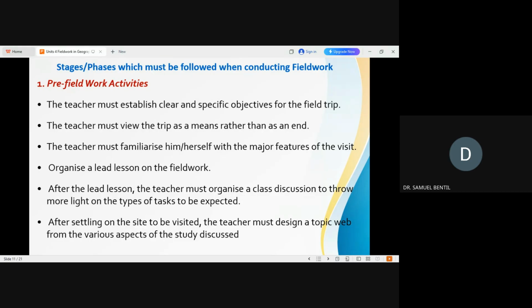The first one in the pre-fieldwork activities is that the teacher must establish clear and specific objectives for the fieldwork. And the teacher must also view the trip as a means rather than an end in itself. So what we are trying to say is that the fieldwork activity you are going for should be seen as a means of helping the learners appreciate the various concepts and activities that you are teaching them, rather than